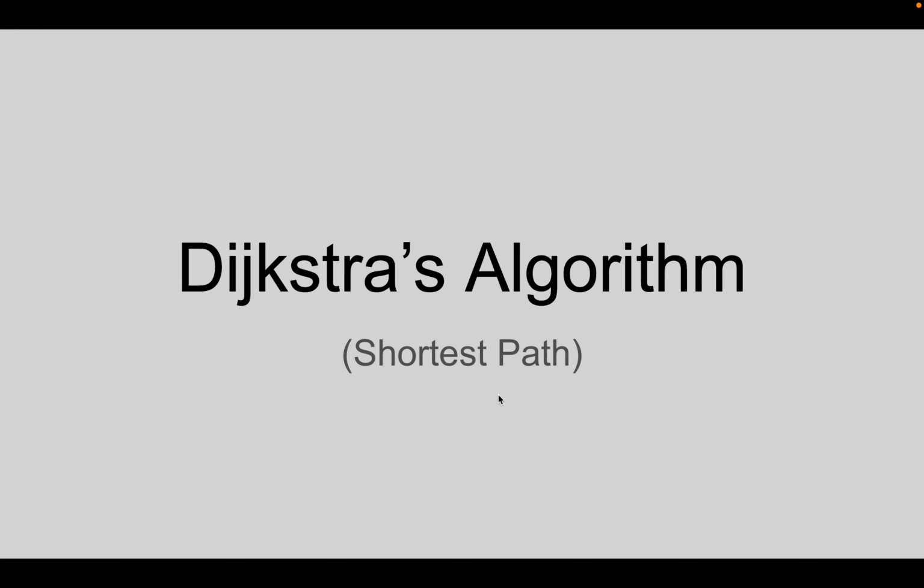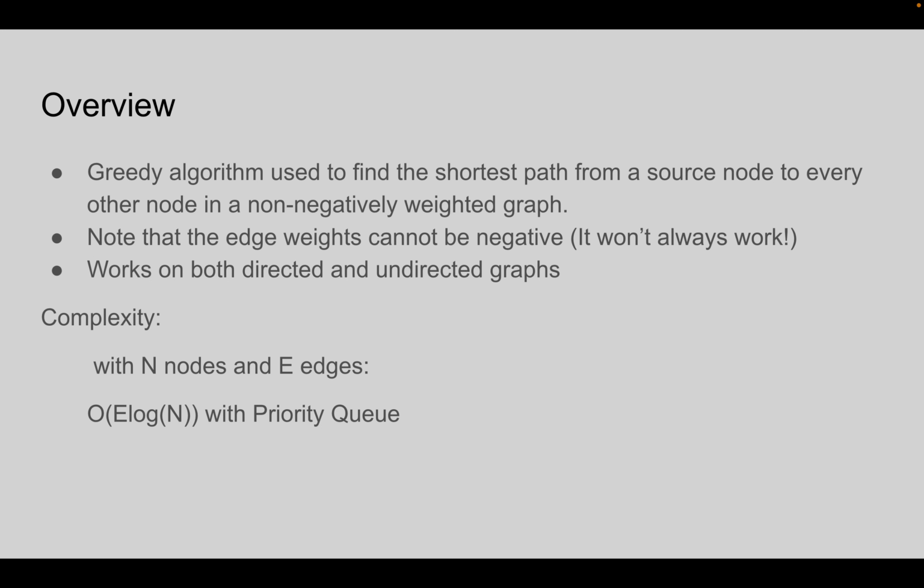Today, I'll be explaining Dijkstra's shortest path algorithm. Dijkstra's is a greedy algorithm used to find the shortest path from a source node to every other node in a non-negatively weighted graph. Note that no edge weights can be negative. It works on both directed and undirected graphs with a time complexity of O(E log N) using a priority